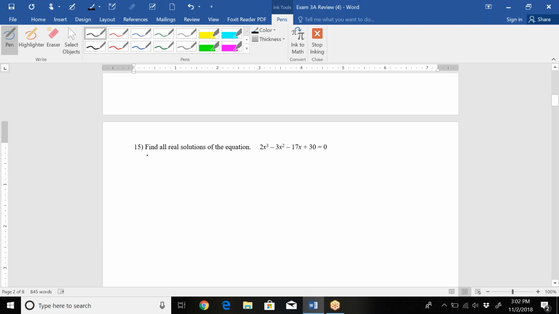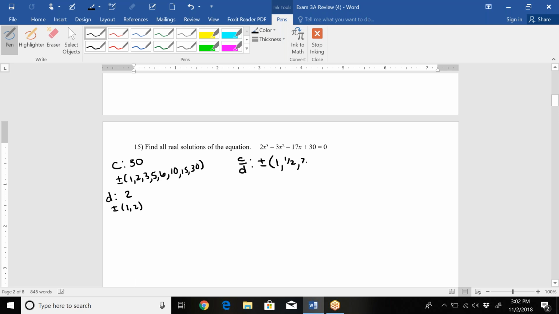So the first thing you want to do is come up with your same list we did a minute ago. So C is 30. So factors of 30 are plus or minus 1, 2, 3, 5, 6, 10, 15, and 30. It's quite a list. Our D is 2, so our factors of 2 are 1 and 2. So the potential rational zeros that we're going to try are plus or minus 1 over 1, 1 over 2,